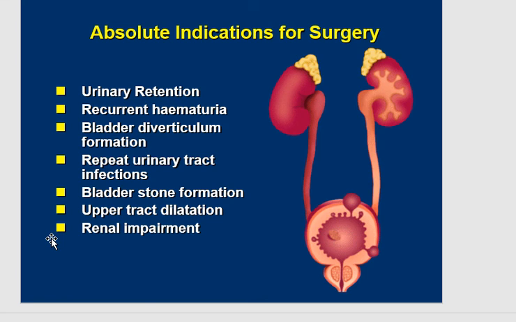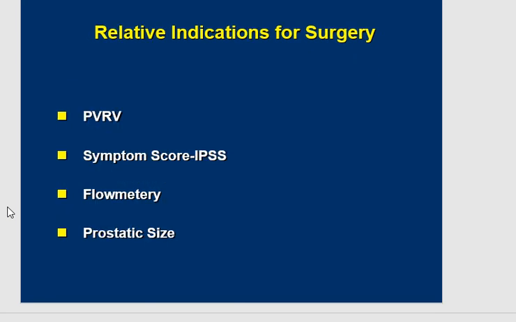Like if the patient is left untreated, it will lead to urinary retention, recurrent hematuria, bladder diverticulum formation, repeated urinary tract infection due to BPH, or bladder stone formation, secondary to distal obstruction, upper tract dilatation, and renal impairment. This is called untreated BPH, and this is the absolute indication for surgery. And the relative